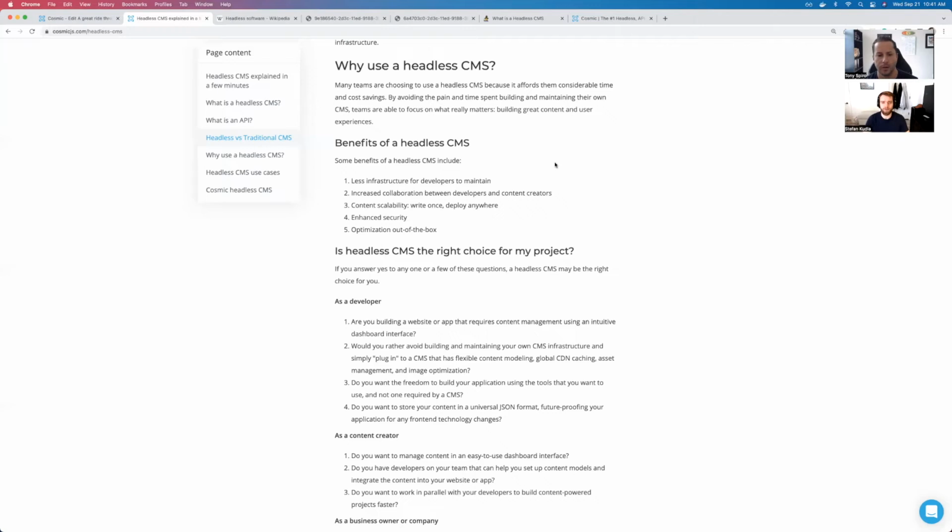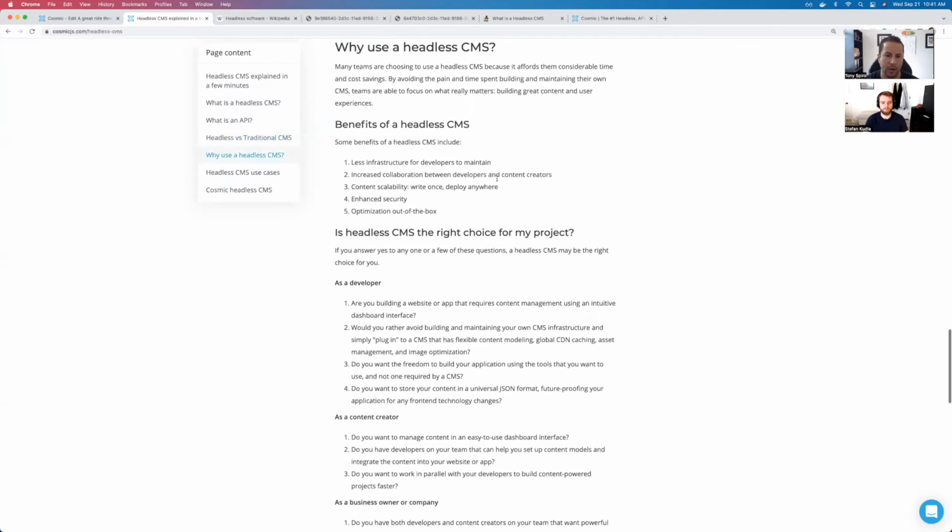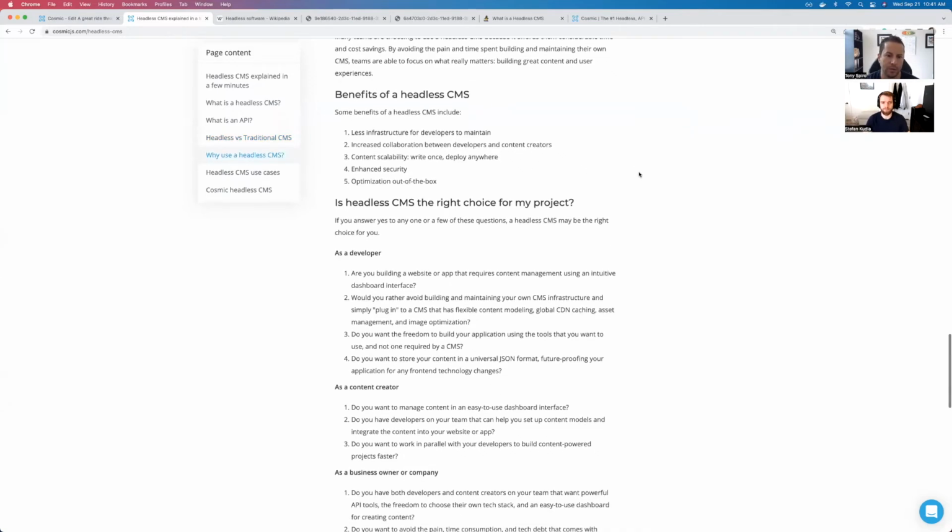Okay, so with that, what are the benefits of a headless CMS? So we talked about developers having less infrastructure to maintain. They really just build their content models in Cosmic, or any other headless CMS, and then deliver it to their front end. That's where they have their ownership of the code base, right? They don't have to maintain the CMS code base, because that's already provided for them with Cosmic, and now they just focus on their